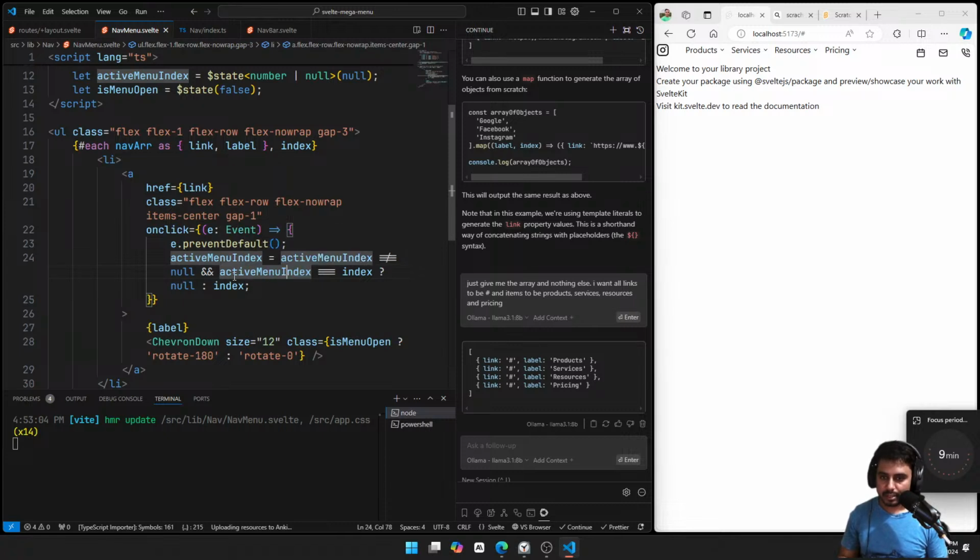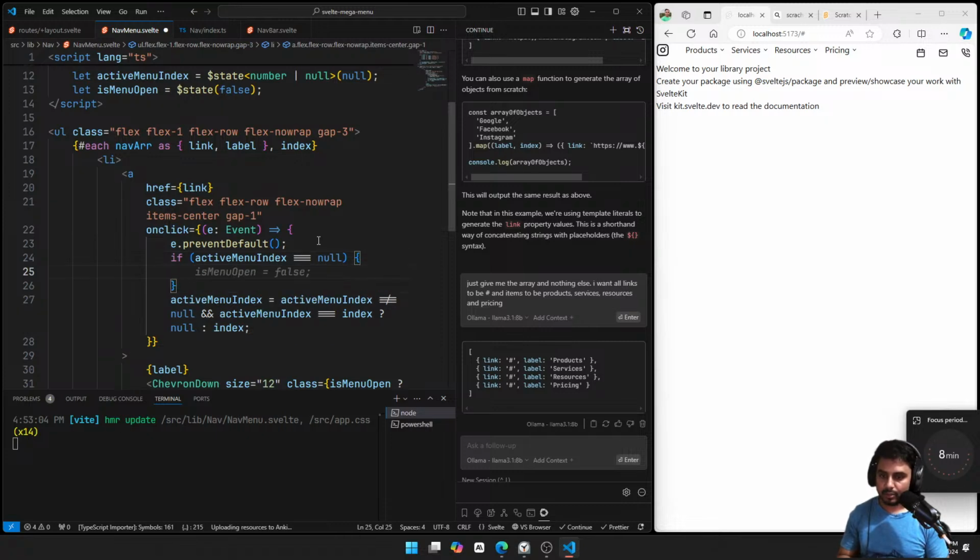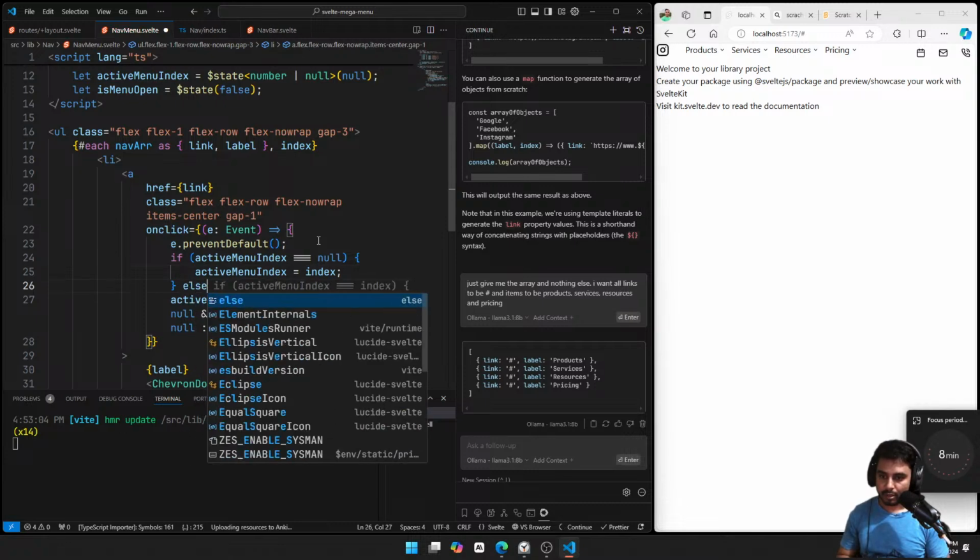Okay, that isn't going to work because now this is not going to be set in the first place, right? And that is a huge problem for us. So we can just say if active menu index is actually null, then we want to set the active menu index to index, else